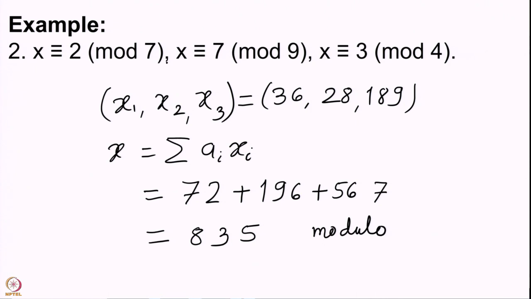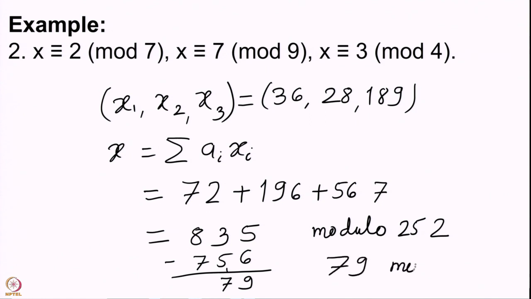the LCM, which is 9 into 7, 63 into 4. 63 into 4 is 252. So, we need to subtract multiples of 252 from this number. We multiply 252 by 3 to get 756. After subtracting this from this, we get 5 makes 15 minus 6 is 9. You have 1 here, 83 minus 75, this becomes 7. So, the answer is 79 mod